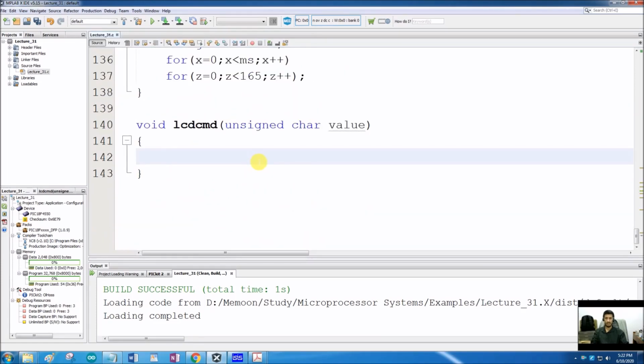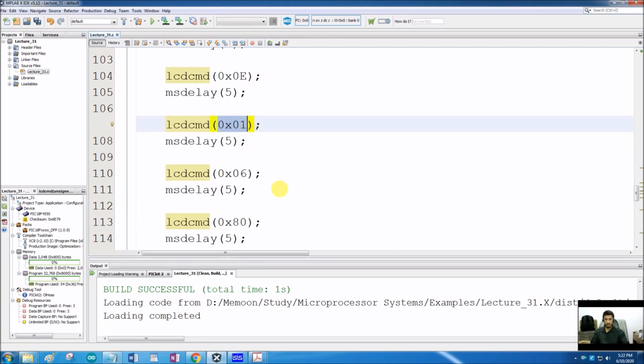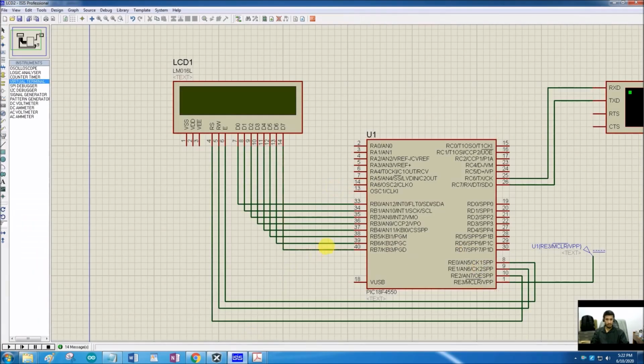And what did I tell you how to do that? We have to first send that value: L data is equal to value. First we have to send this number to the port so that it comes on these 8 data pins.